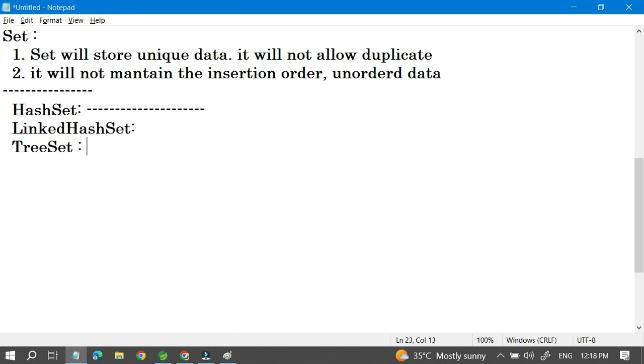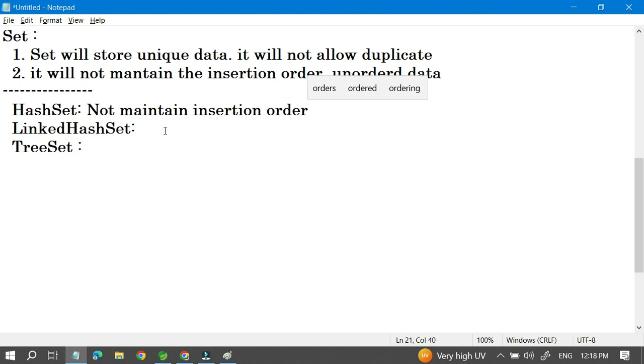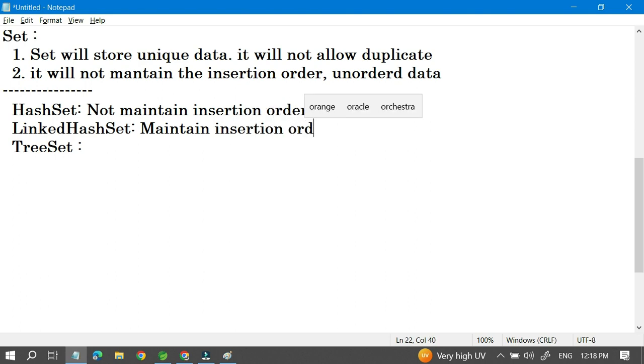As of now we have discussed that HashSet will not maintain insertion order. LinkedHashSet maintains insertion order, and